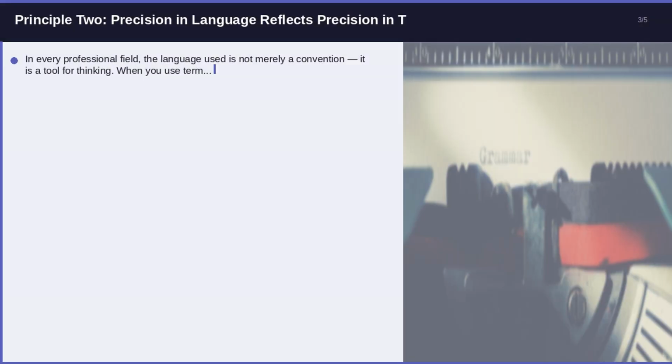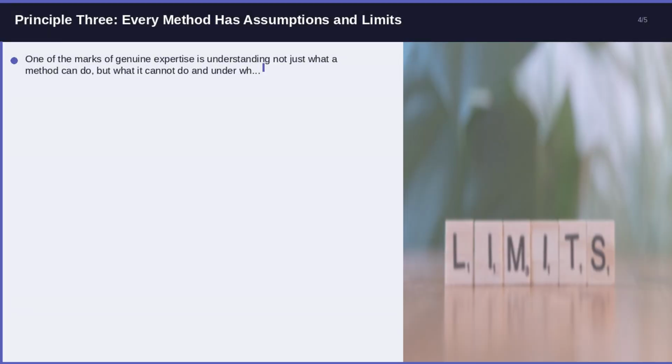Principle 2. Precision in language reflects precision in thinking. In every professional field, the language used is not merely a convention, it is a tool for thinking. When you use terms loosely or interchangeably when they are not interchangeable, you introduce ambiguity into your own reasoning. Students of Microsoft Azure Fundamentals, AZ-900, who invest time in understanding terminology precisely find that their analysis becomes sharper and their communication